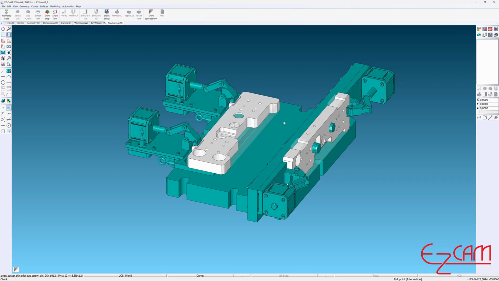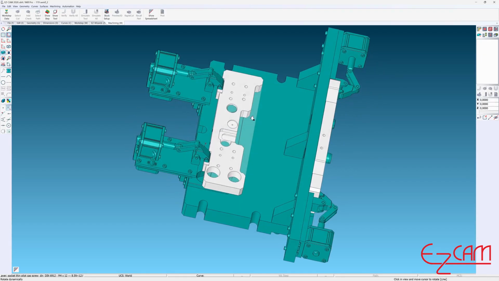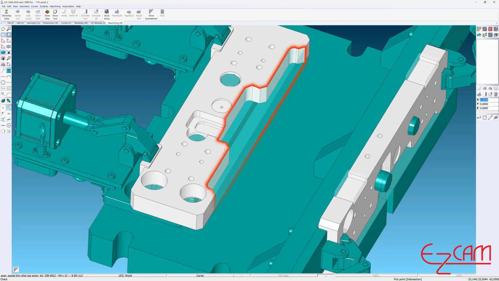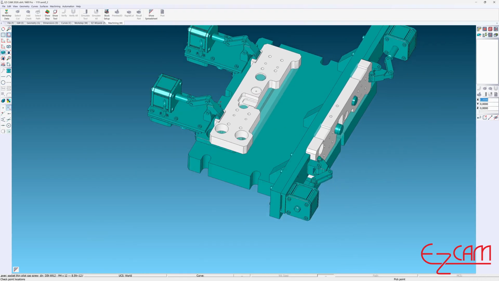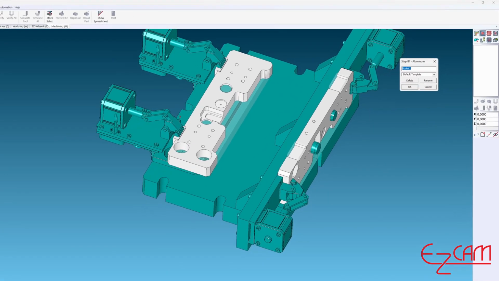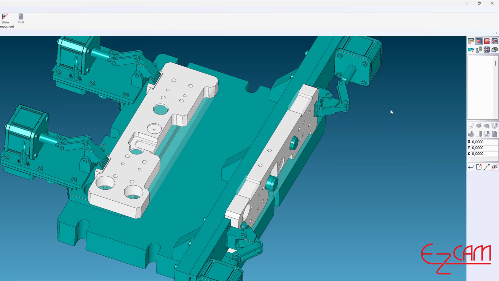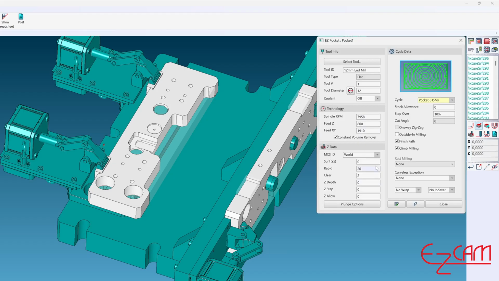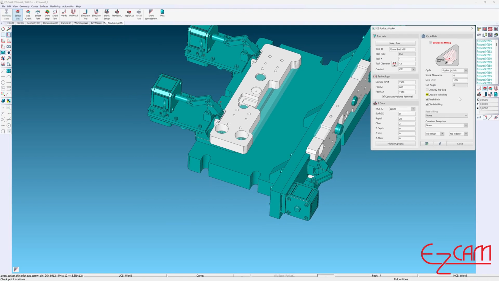More importantly, it plays a critical role in generating the desired toolpath correctly. In this model, the goal is to machine the material left between the stock and the part. After selecting pocketing and HSM as the operation, tool, depth, step over, and similar values are filled in on the open dialog, and then the surface selection step is performed. In fact, as I am doing right now, you can also choose one of the previously saved operation or tool templates to minimize the time spent on this first step.